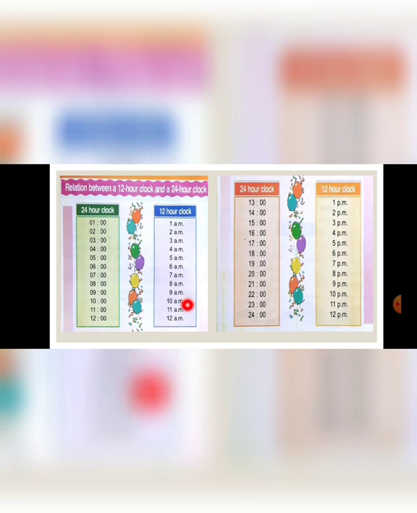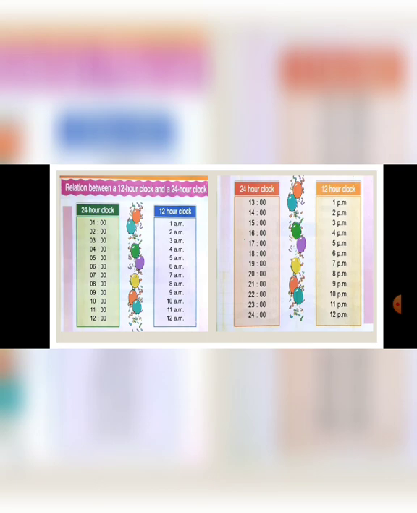As you all can see, 1 2 3 4, it is midnight time. When it comes to noon, meaning afternoon, it is 13 in the 24-hour clock, and in the 12-hour clock it is 1 PM. So when it is AM in the 12-hour clock, it is the same in the 24-hour clock. But when it comes to PM, meaning the afternoon time, in 24 hours it changes to 13, 14, 15, 16, 17, 19, 20, 21, 22 and 24.